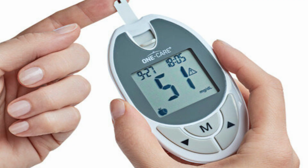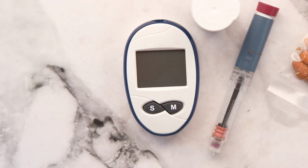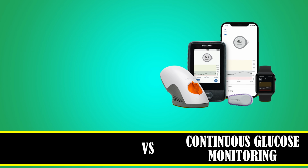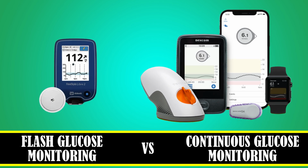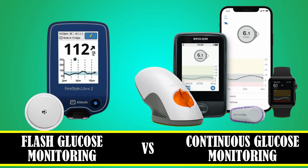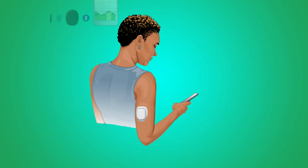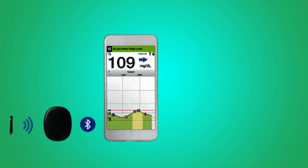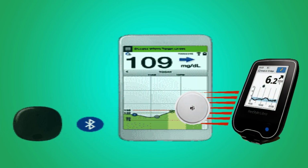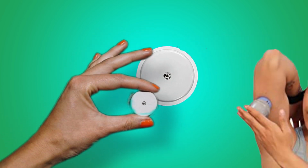So if you're not keen on using the finger prick test, you can now check your blood sugar levels using either the continuous glucose monitor or flash glucose monitor. These devices allow you to use a sensor which is usually applied to the arm, and the sensor then sends blood sugar readings to the receiver via Bluetooth, which might be an app on your smartphone or small device known as the reader. The sensor is disposable and has to be replaced every 7 to 14 days